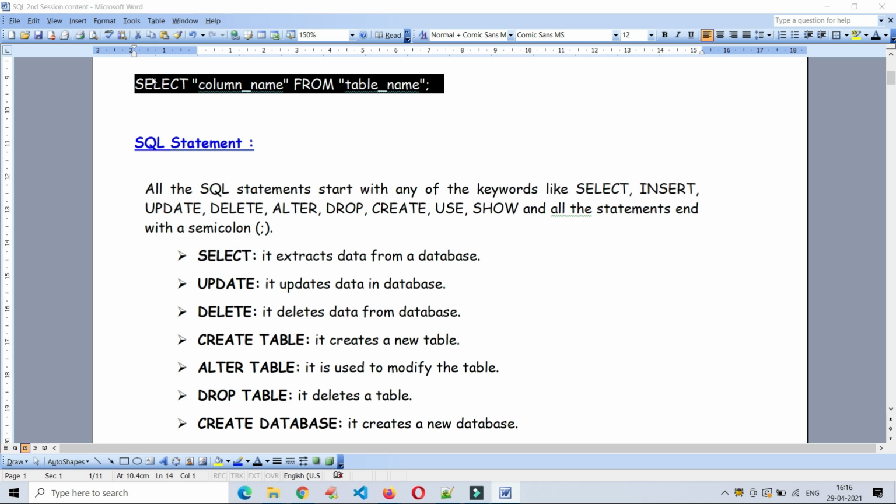We have so many operations to perform on any database table, that is, database objects.